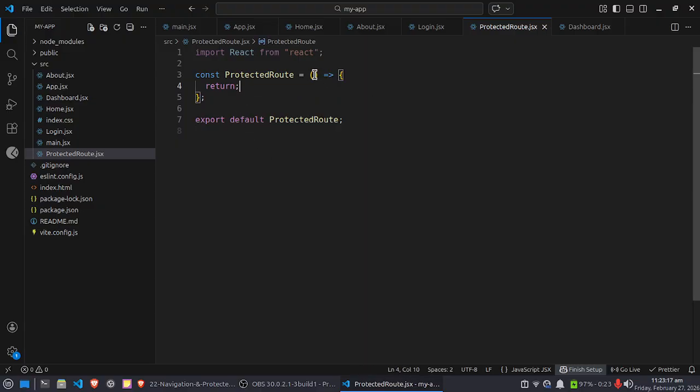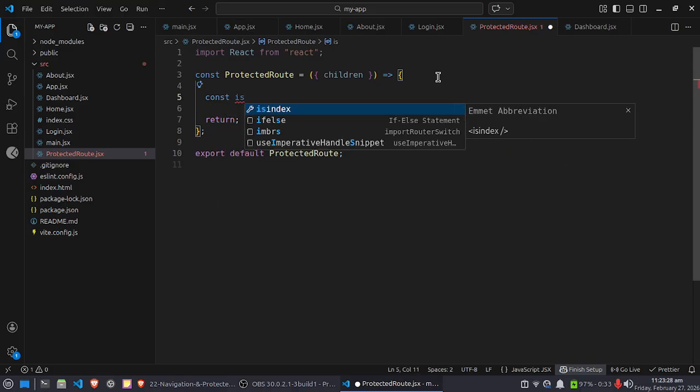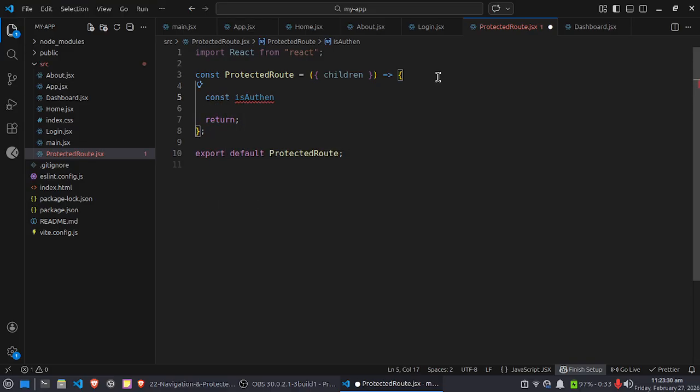Wait a second. And here it takes the children, meaning all the other components inside this. Then make one thing right here: const isAuthenticated